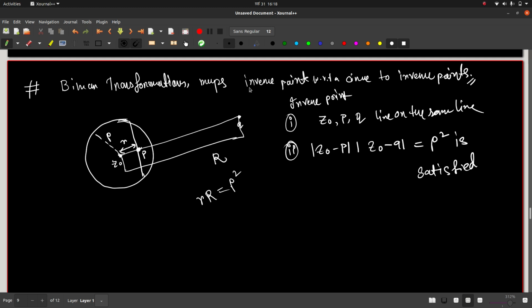So a bilinear transformation maps these inverse points to inverse points. Okay, so this is a property. We are not going to touch much detail because the algebraic proof is very long. And the last thing that I want to finish with is that a bilinear transformation is the only univalent function that maps any distance which is equal or less than infinity into a similar kind of region. This is in fact a theorem that tells you that the bilinear transformation